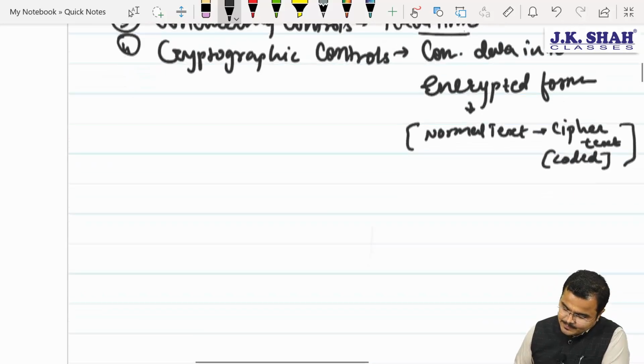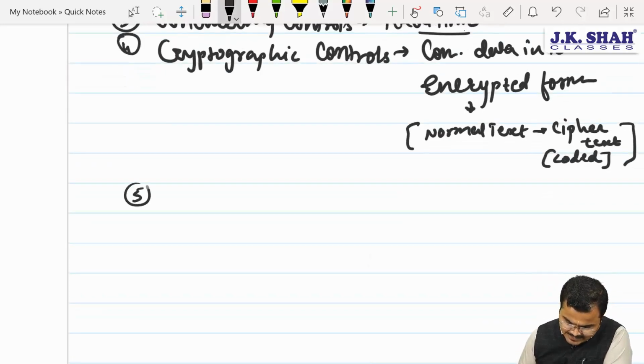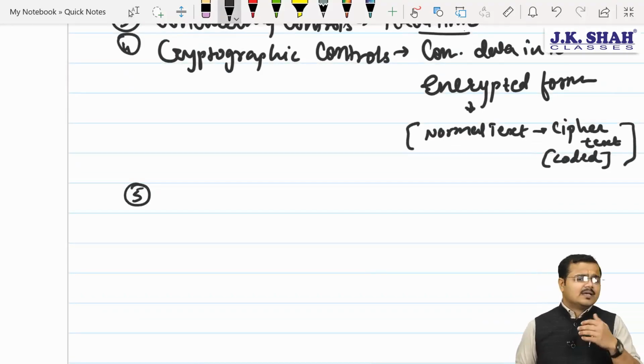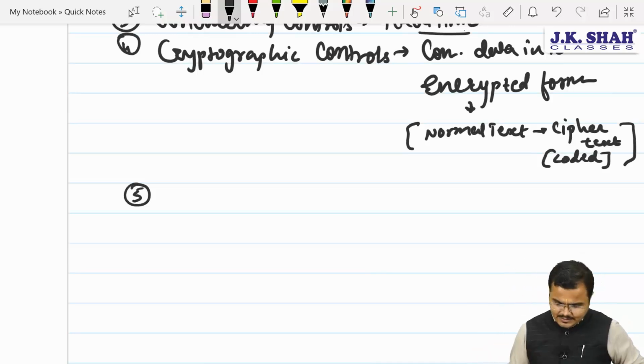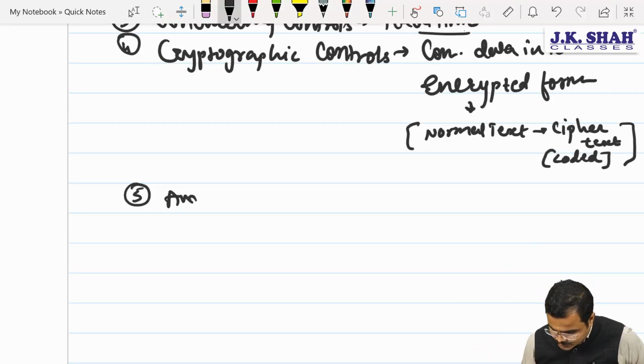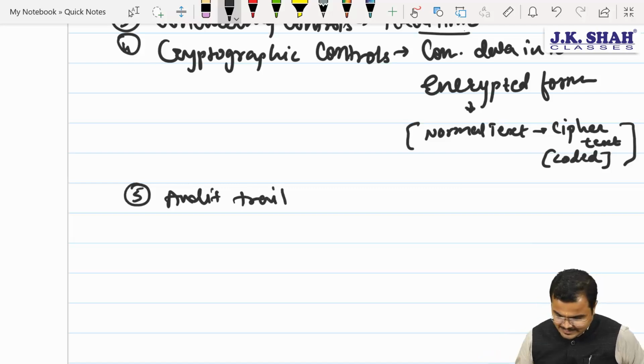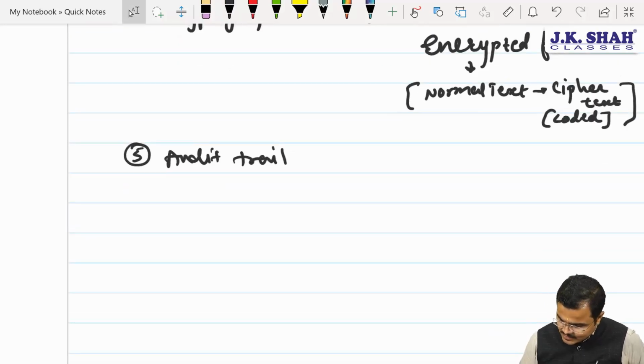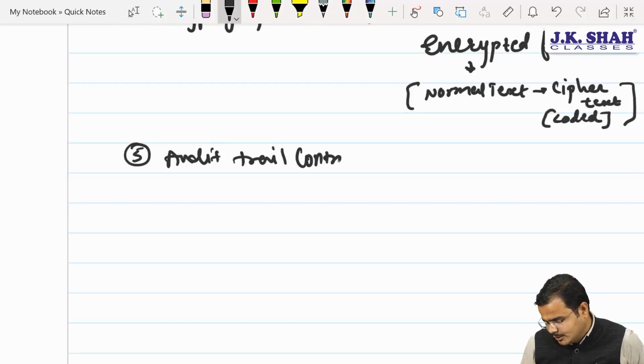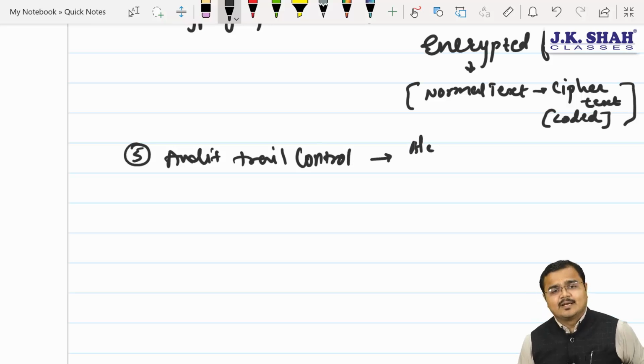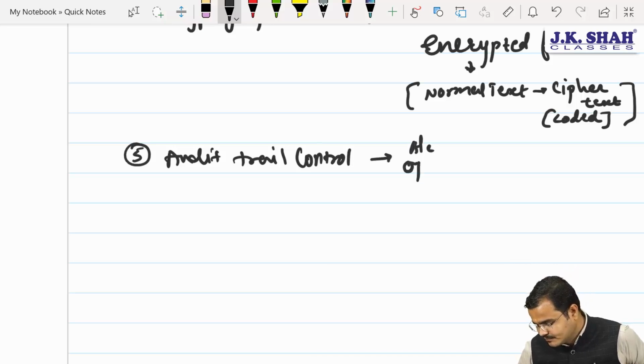Yes, sir. Number 5, Chartered, once again, if I would like to take an example, we can call it audit trail controls. Understood? Yes, sir. Now, whenever I say audit trail system, it refers to what? Sir, audit trail controls refers to, we need to identify accounting audit trail, yes or no, and operation audit trail. We had already referred to this.